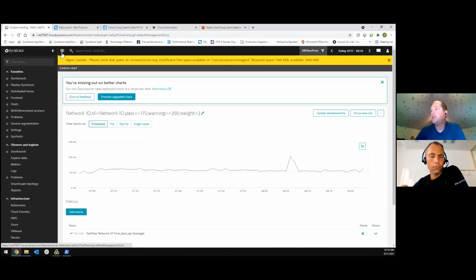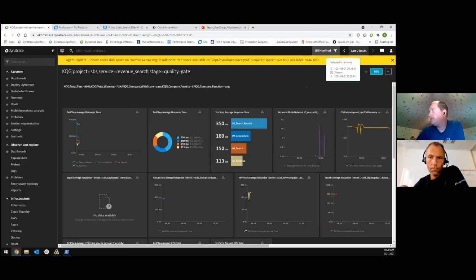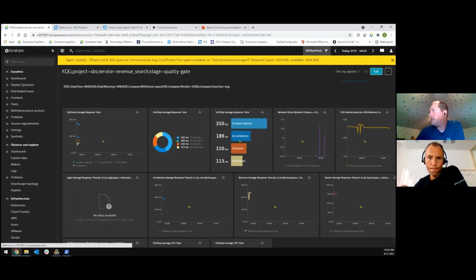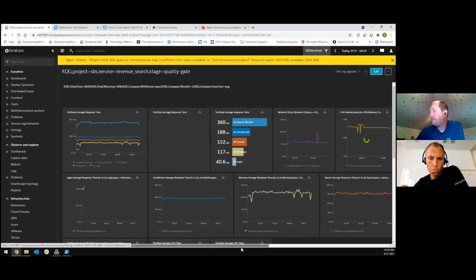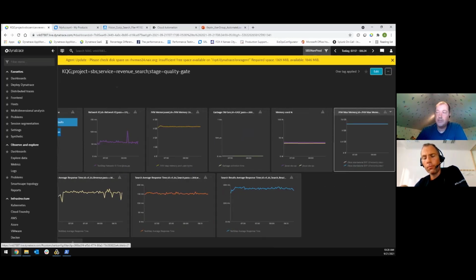Sorry, let's go back to my chart. I just want to mention one more thing about these charts. Go back to my test run here. So I have another tile here, and I'm using JVM max memory. So this is a good way. Not only can you analyze data and use KPIs like response times and CPU time and database time as a statement, right? You can use this as